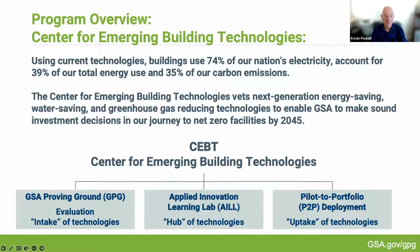But just to give you a better picture of how emerging building technologies is organized at GSA, I lead what's called the Center for Emerging Building Technologies. There are 3 programs in it. You can see that at the far right is a pilot to portfolio program. That's really looking at